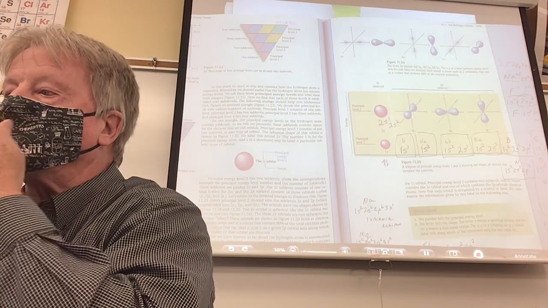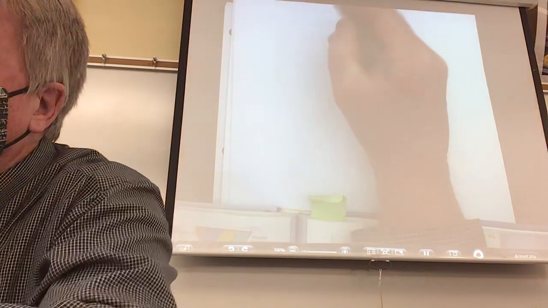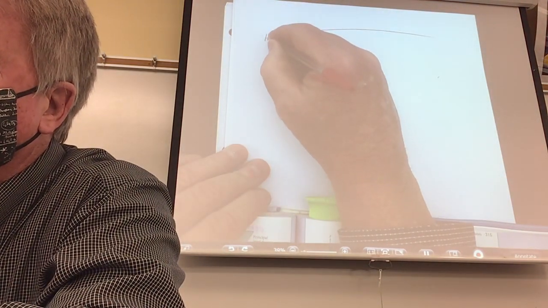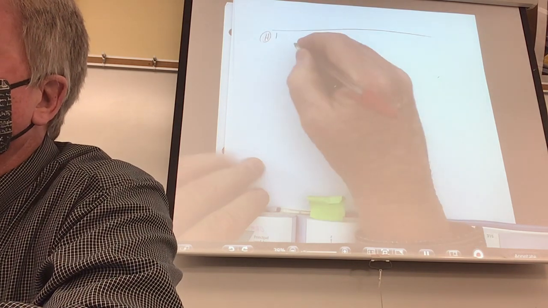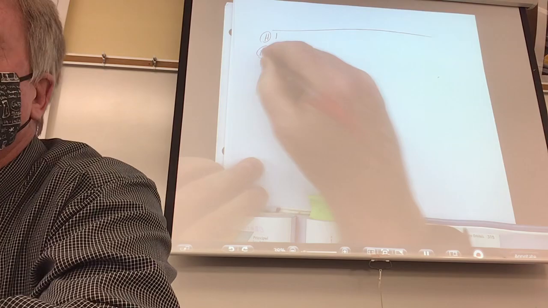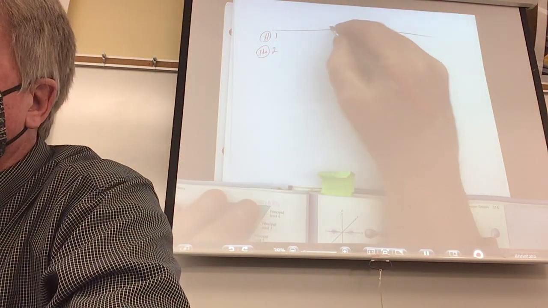All right, so the first thing, it's going to look like this for you. It's going to say electron configuration. Element number 1 is hydrogen, okay? Element number 2 is helium, and it looks like that. So just take your time. We'll do them one at a time. And then we're going to do this thing called electron configuration.